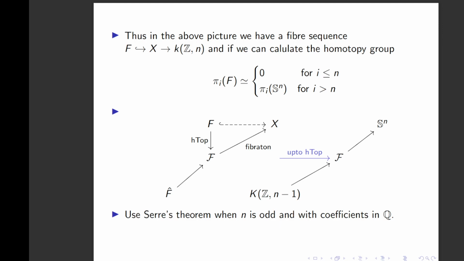Now, for the case when n is odd, I have already mentioned that this n minus 1 is even. So for the case of even, the corresponding cohomology ring looks like Q[x]. So basically, at each dimension, there will be n. If I write the spectral sequence, it will look like this. At the 0th level, it will all be Q,